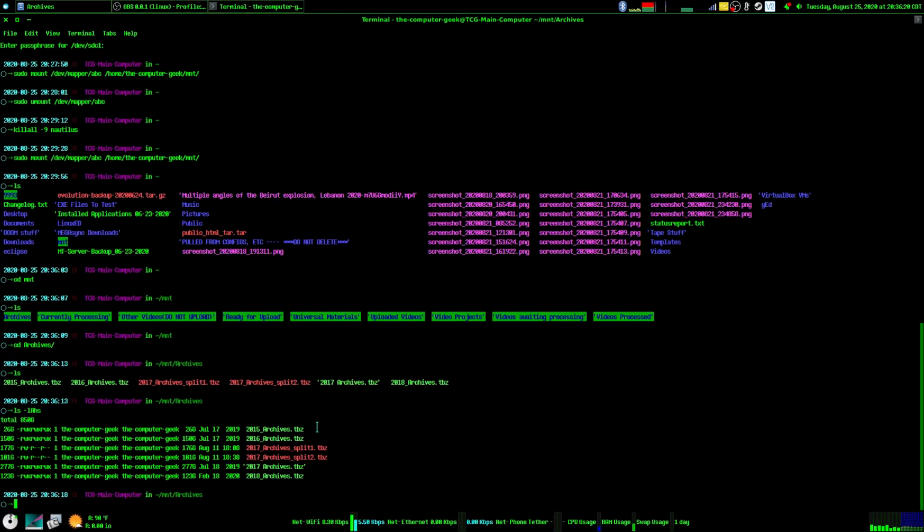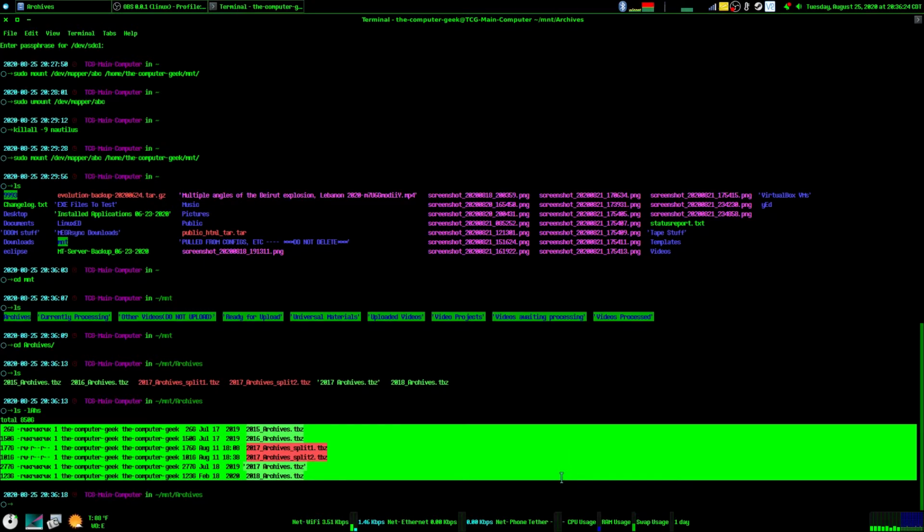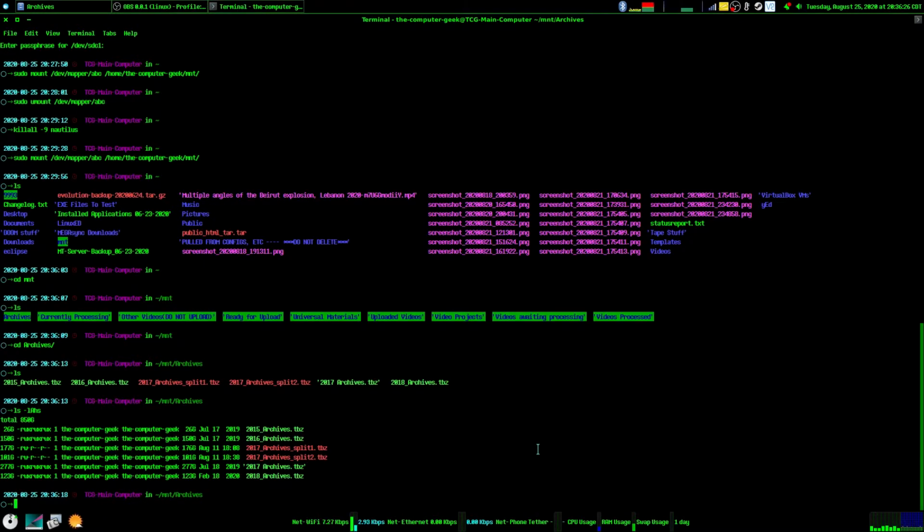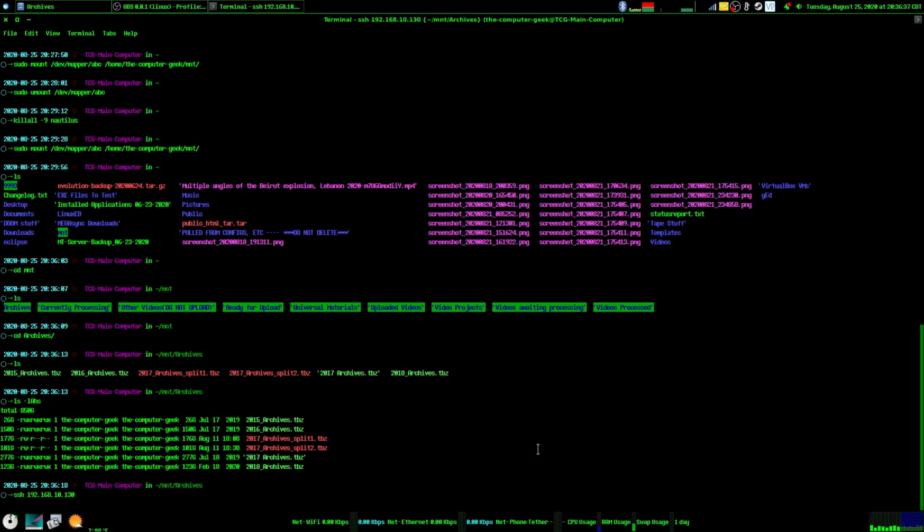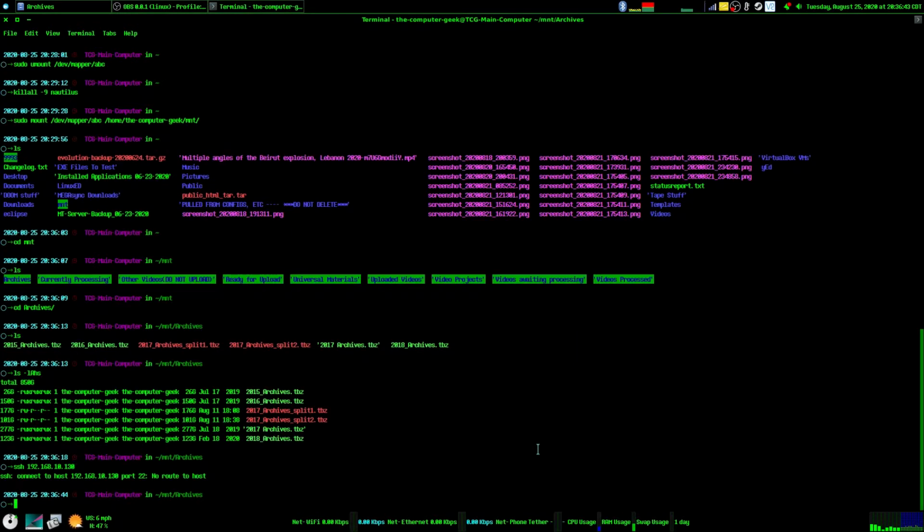Now we have a directory listing of everything in the archives folder. And if we SSH into the file server, I should probably be on the proper network for this. We're not going to worry about that right now. Yeah, no route to host. Yeah, we're not on the correct network for that. Anyways,